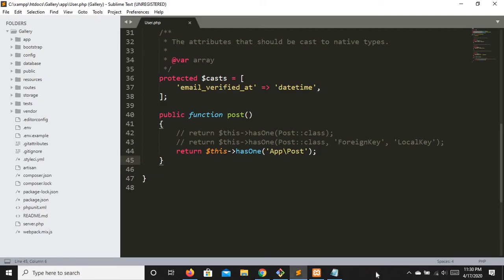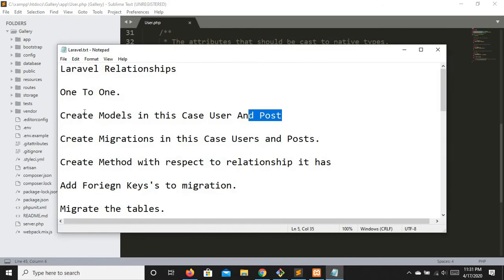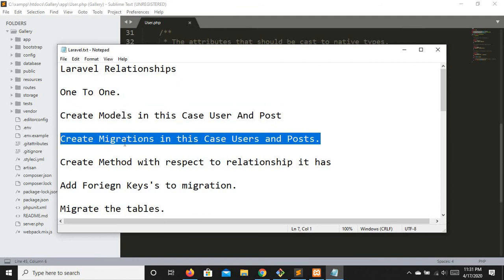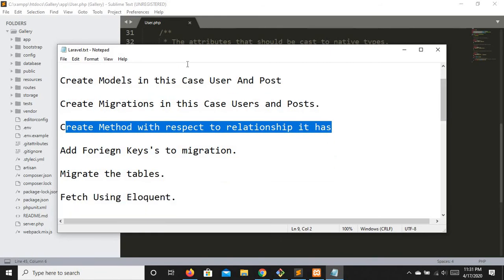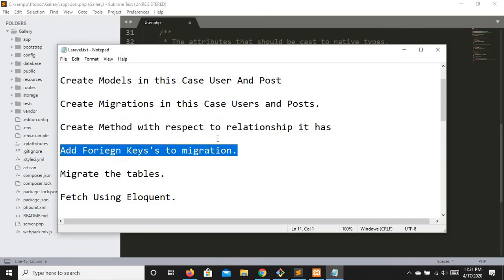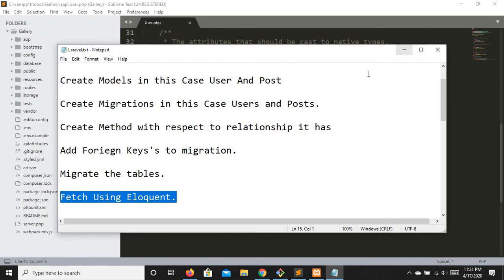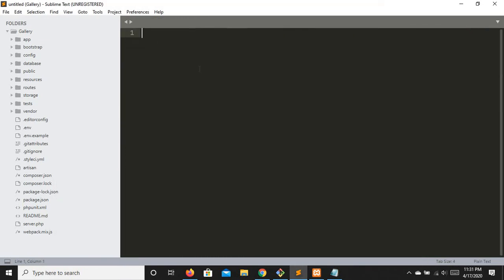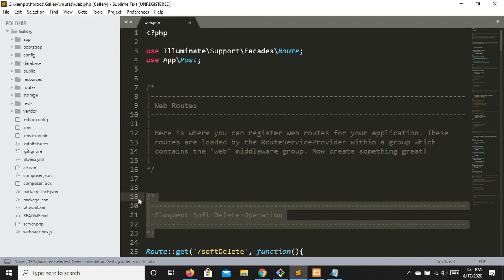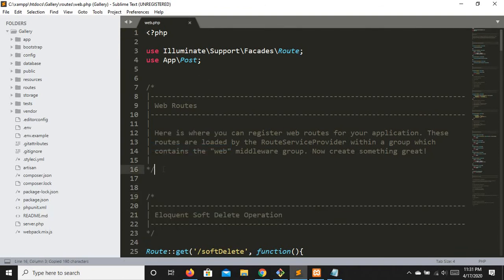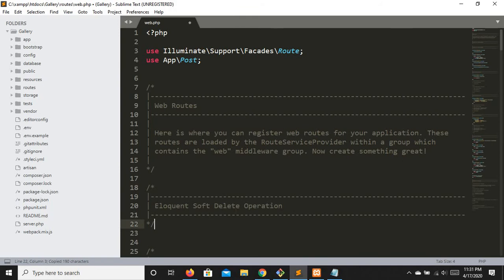Okay, now the last step is, see, we have implemented the model, made the migrations, and modified them. In this case we have already implemented the relationship method inside the user model right here. We have successfully added the foreign key and now we migrated the tables. Now what we are going to do is fetch the records. Okay, I will just close it. I will just open my web.php. Okay, right here I will just copy this comment and paste it right here. I will name it